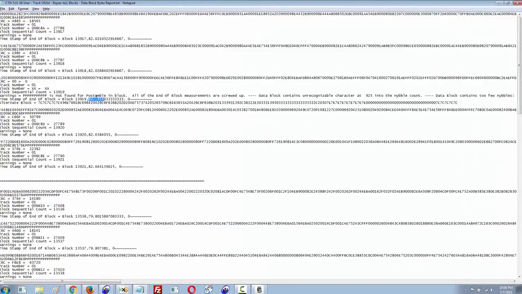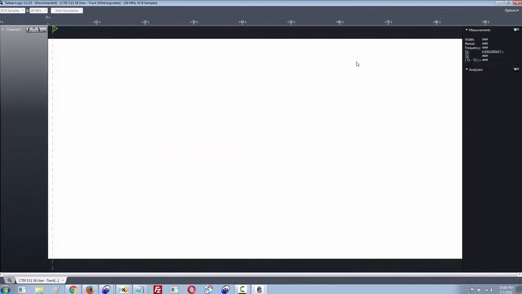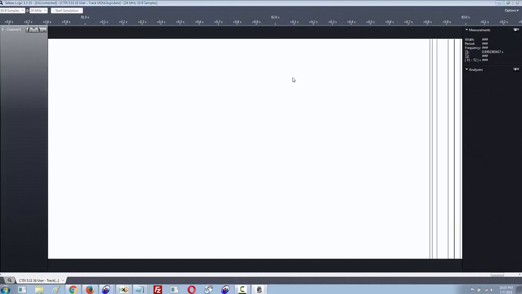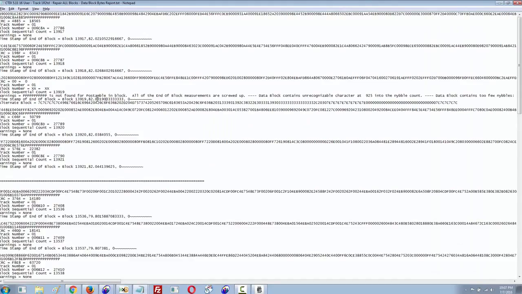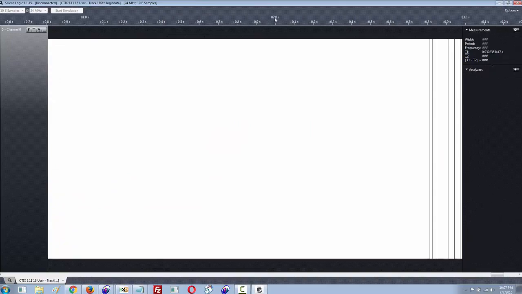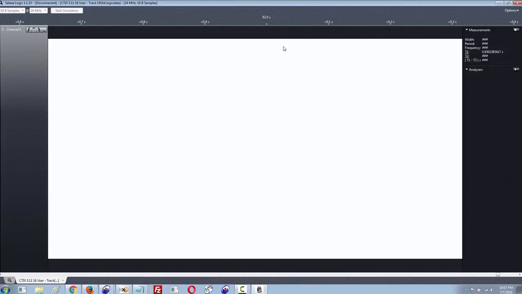Okay, so where am I going to go? I'm going to go to 82.0319 so that we can see exactly what this problem was. So 60, 70, nearly 80, because the entire read for the entire track was only 85 seconds. So very near the end of this track. 82. All right, so that's 80, 81, 82.0. 82.03190. 82.03. All right, so that would be